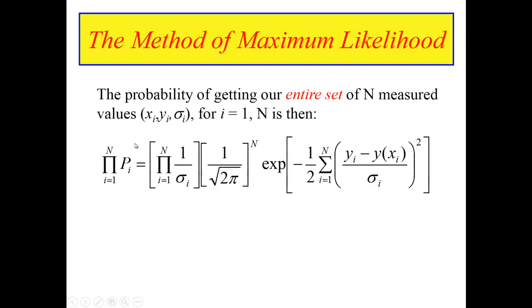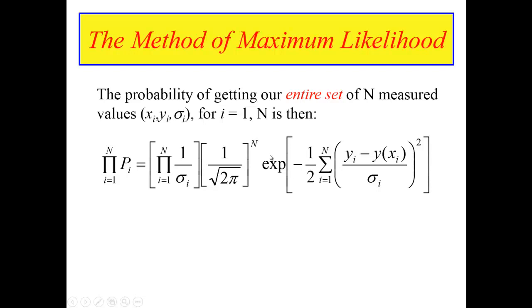total probability of getting our entire set of measured values, where i runs from 1 to n, would simply be the product of all those individual probability functions. And we did something like this again, remember, back in chapter 4. So when you do that product, and the pi represents the product of all those terms, you get something that looks like this, where you've got some constants out in front, and you've got this somewhat familiar now exponential factor,